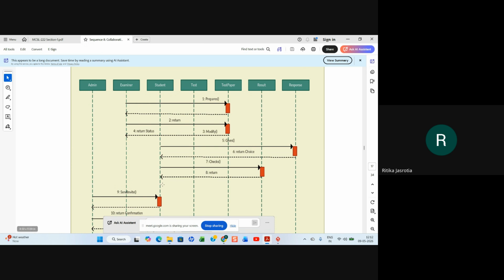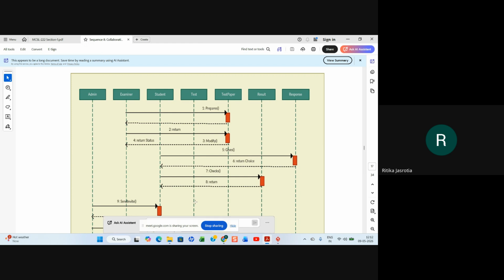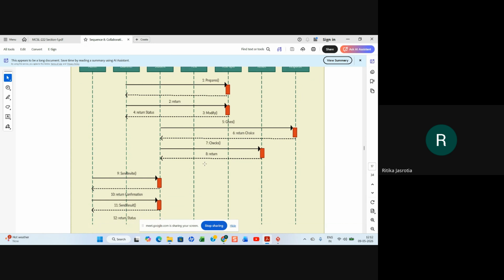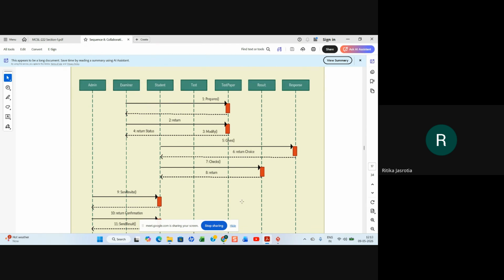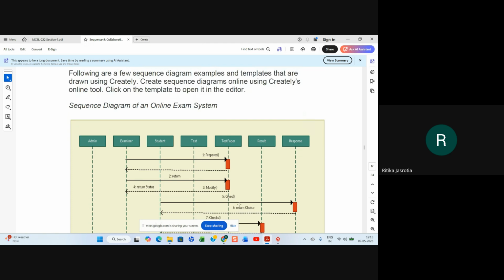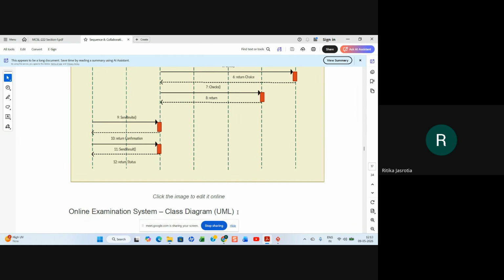So he will give an invite, and then he will get a confirmation from the student that he wants to apply for the exam, and he will apply for whatever test he's applying for. And then the result will also be sent by the admin, that your result is this, right? So accordingly, you can change your options. It's just an example. You can add your own things, whatever you want. So this is one of the examples.